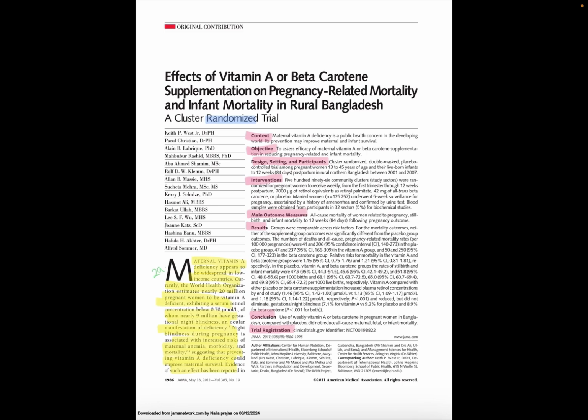First, I'm going to find the items of the CONSORT checklist of introduction in the article. After that, I'm going to find the items of the CONSORT checklist of methods, followed by results in the RCT article. Then I'm going to find the items of the CONSORT checklist in the discussion. Finally, I will summarize the presentation.